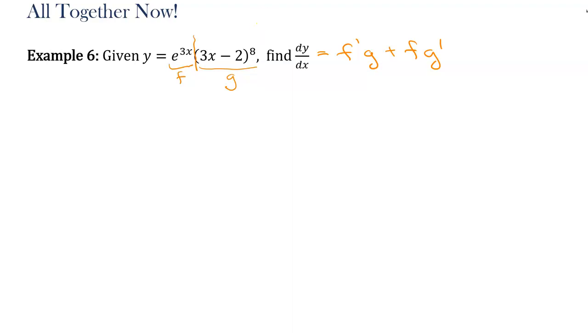So let's do f as blue. So u here would be 3x, and then we would have f as e to the u. So f prime would be u prime times f prime. So that would be e to the u,